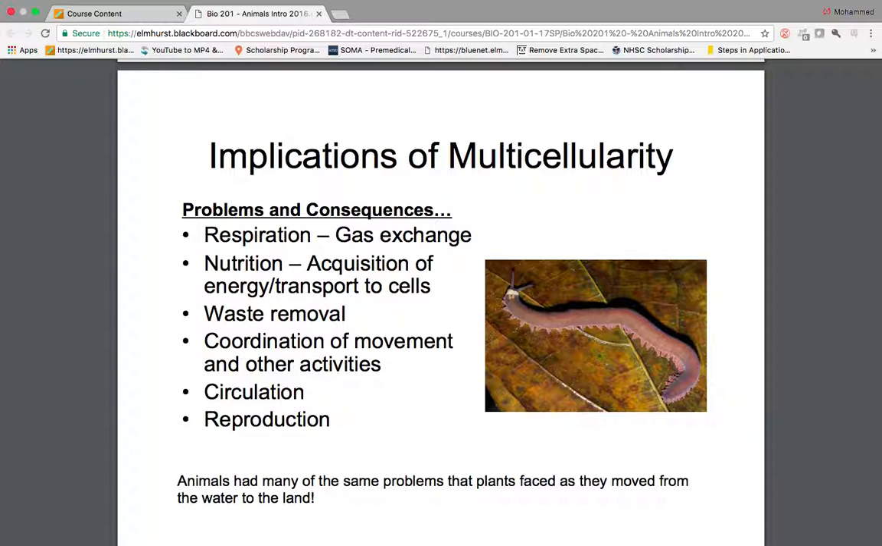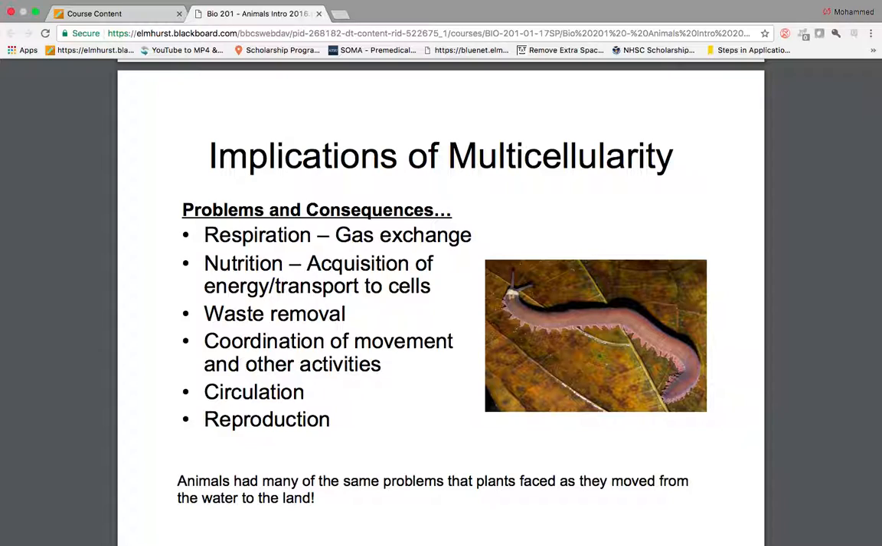The interior cells now become further and further away from the environment. And so getting gases to interior cells becomes one of the major problems that has to be dealt with. And we'll see over the course of the evolution of animals that there have been a few general ways in which you can do this. You just increase the surface area, and in some cases, you could evolve a system that can bring those gases deeper. So respiration and gas exchange is one of the things that has to be dealt with